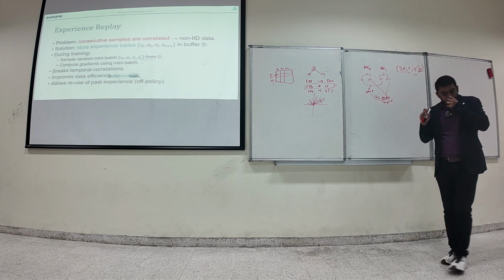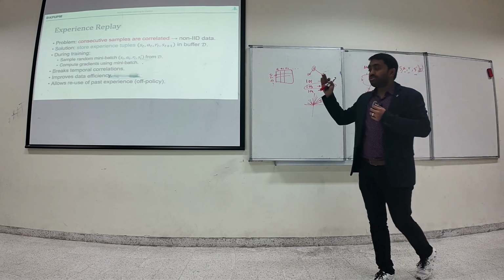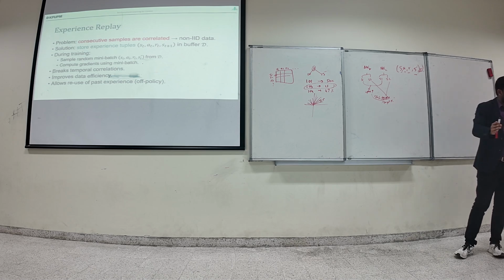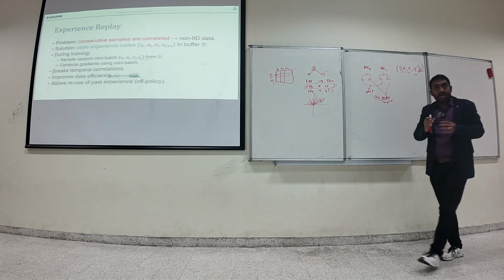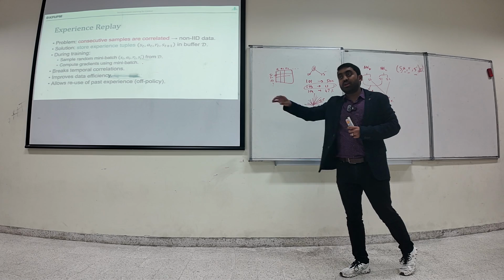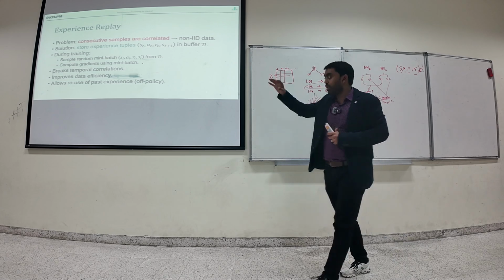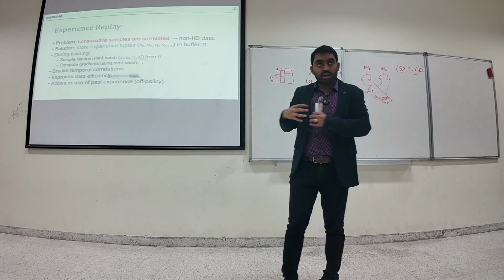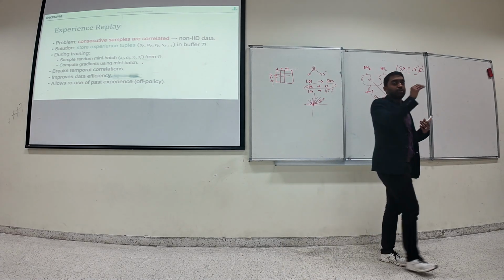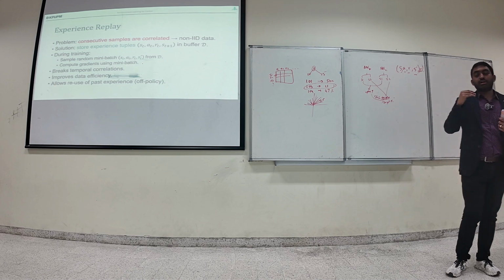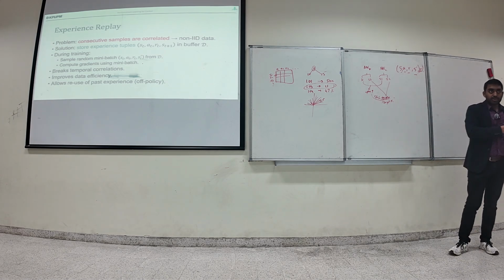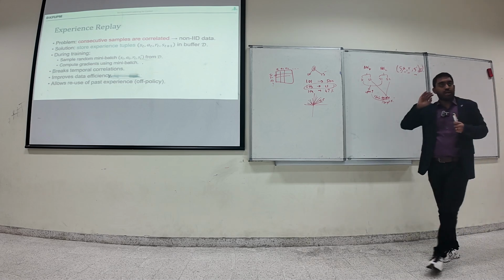So what you do here is you store the tuples in something called an experience buffer, and then every now and then, after every n steps, you take a batch of those samples, 5, 10, 50, whatever. You define all these as hyperparameters in your training algorithms. You take those mini batches, you update your parameters, and then you go on again.